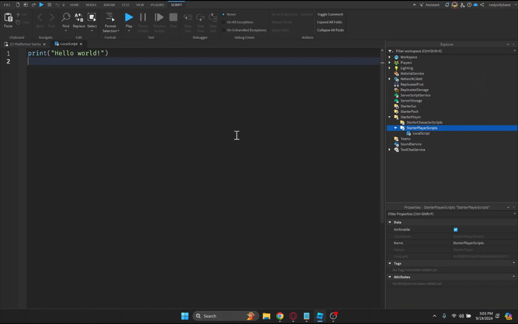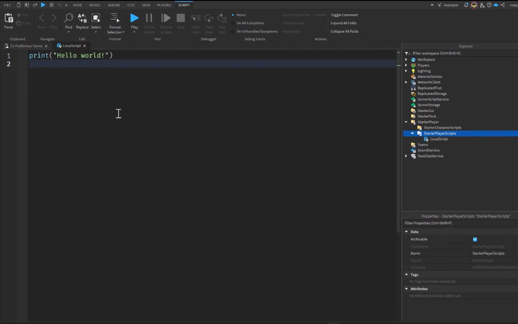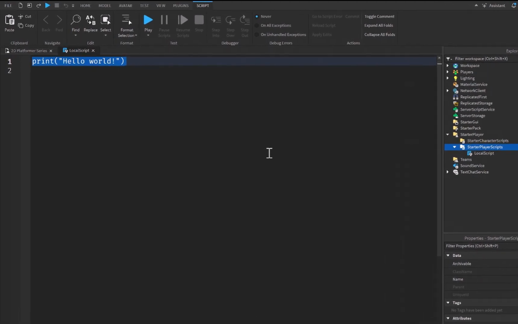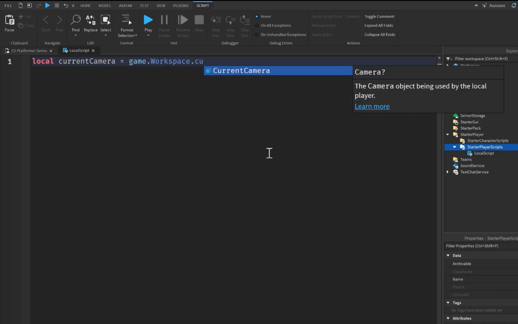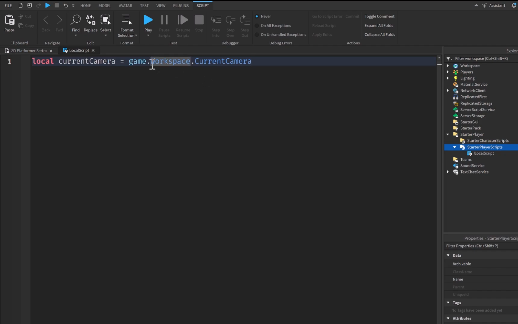Now that we know what the camera is and what the camera does, I think it's proper that we learn a few basic properties that we're going to be using quite a bit with the camera. So first off, let's go ahead and define the camera inside of a local variable at the top of our script right here. So we're going to say local currentCamera will be equal to game.Workspace.CurrentCamera. We use workspace.CurrentCamera right here to define the camera that we're going to be using for